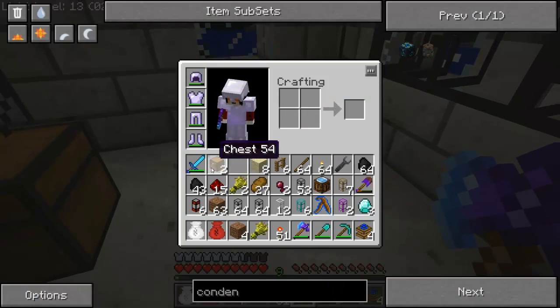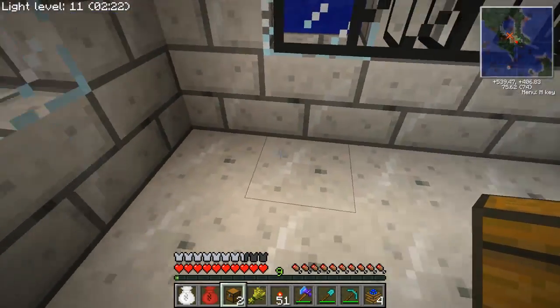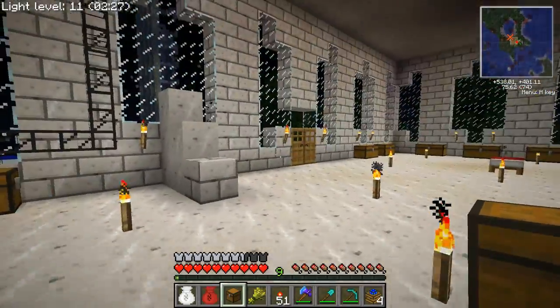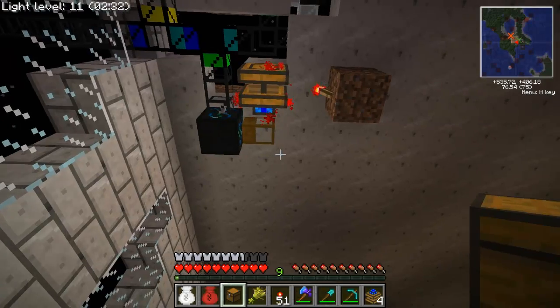Oh, I only wanted to grab one of them. Oh wow, this axe will actually do that to chests as well? That is awesome. That will make getting rid of these later on much quicker. Okay, anyway, what I will do is have this pumping into...